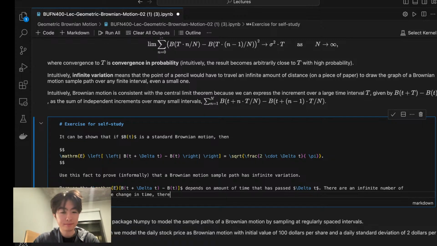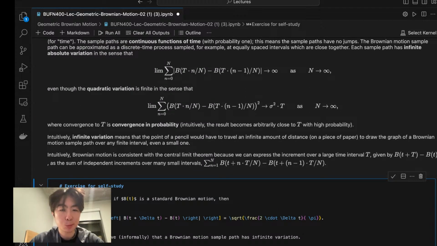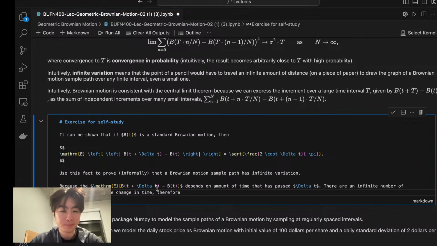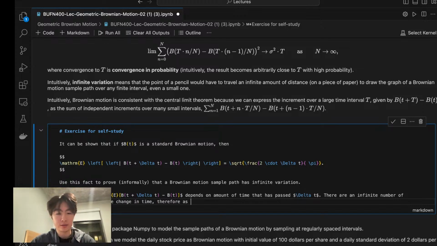So therefore, maybe if we say that the limit of delta t goes to infinity is equal to